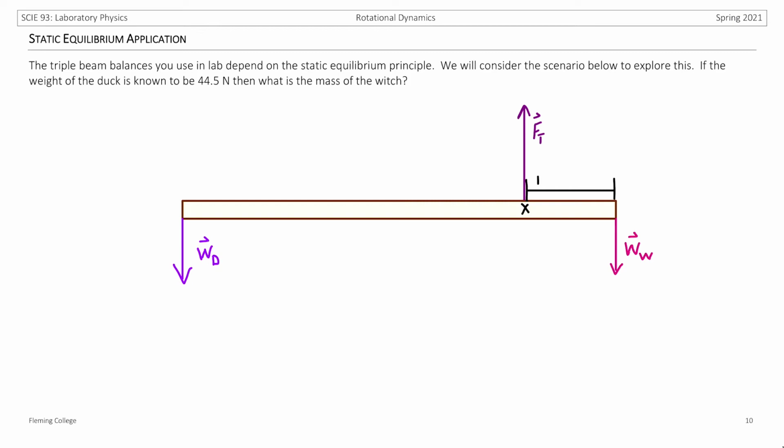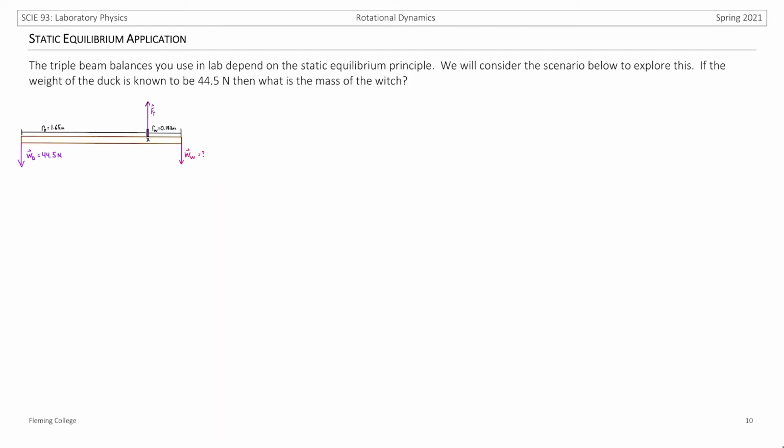We can also label in our known radiuses on the balance. Because this is a static equilibrium problem, we know that there is no net force in the vertical direction, and that there will be no torque around the axis of rotation. So we set up. We know that the net torque will be equal to 0, and moving things around, we'll